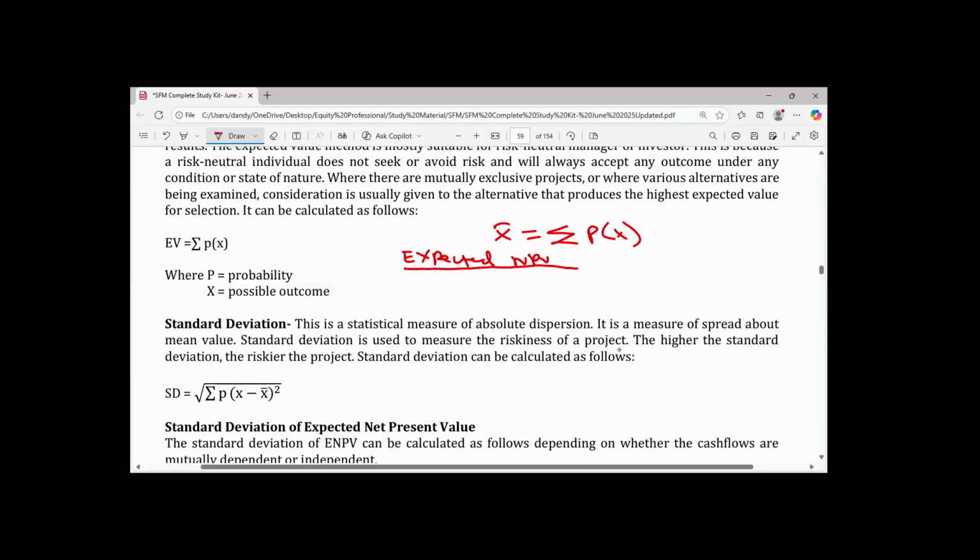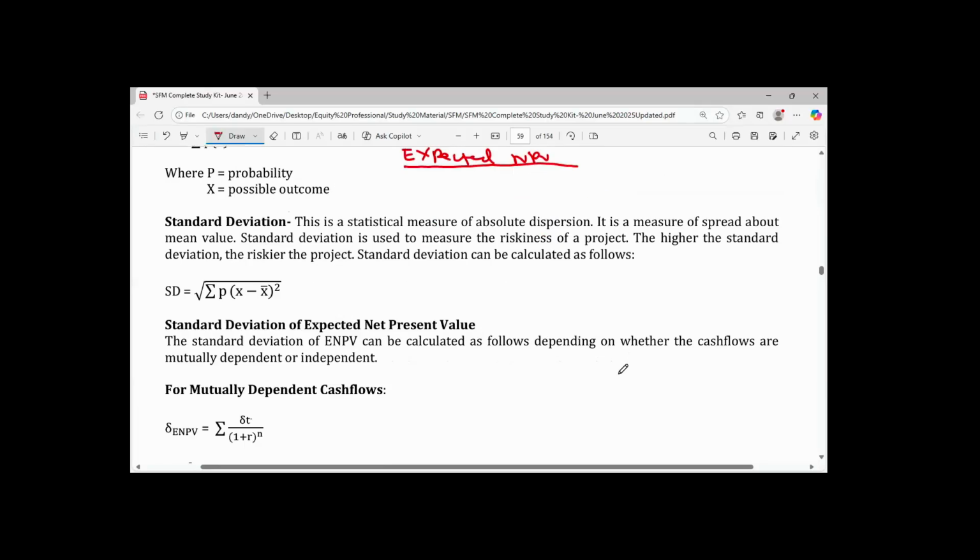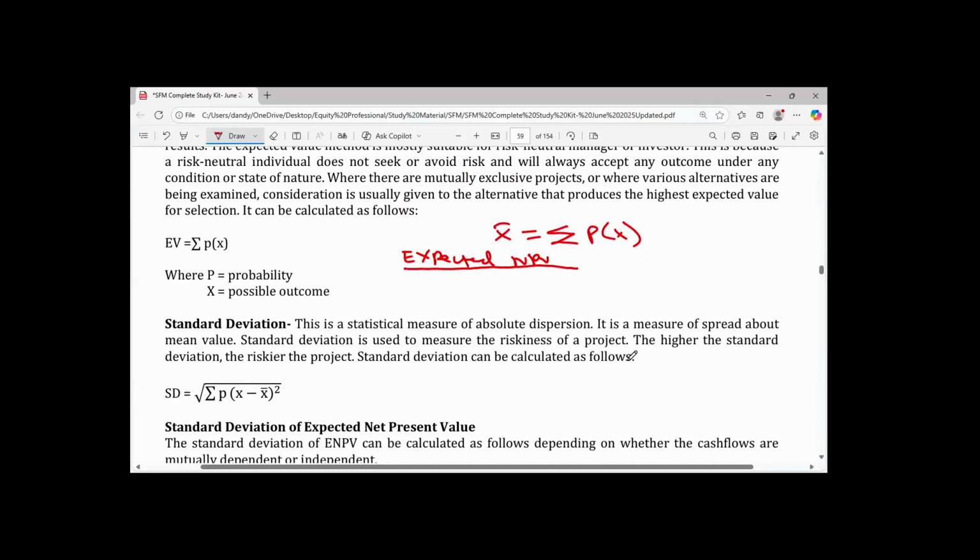Let me put it down for you because it's not in this material. Like I said, the expected NPV is calculated the same way as the normal NPV, except that